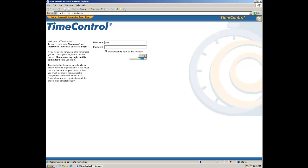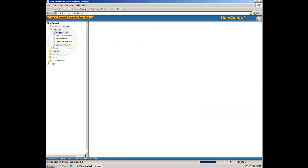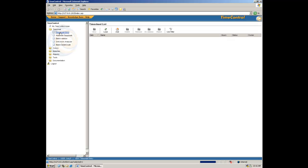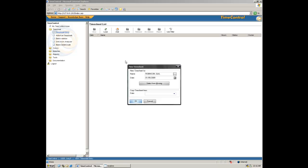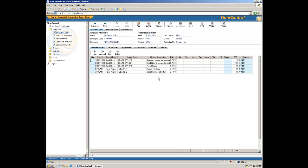just to quickly take a look at how a timesheet might look for an individual. You can get more information on TimeControl used in the classic sense by taking a look at one of the webcasts on the standard version of TimeControl. For Gail, she has access to some of the menu items. And we'll go in and simply add a timesheet for her for this week. And when we do, you'll see that Gail has some items on her timesheet that are preloaded. We allow preloading in the timesheet for some individuals if that's something that you need, and we can simply go in and add